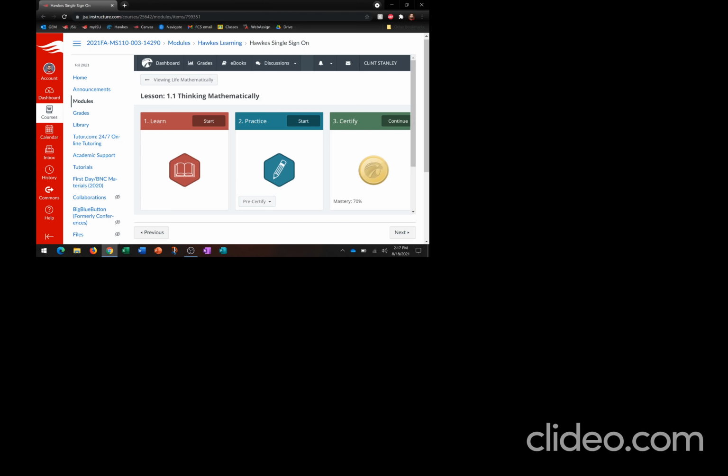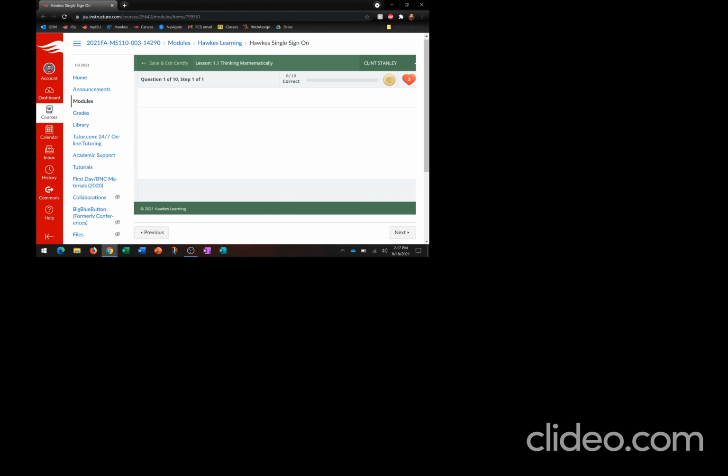So let's look at what certify looks like. It looks almost just like practice. Up at the top, you'll see a little heart with a 3 in there. This one's telling me I can still miss 3 questions and certify. If I miss 4 questions, I have to try certify again. Got 10 questions. If you miss more than 3, that means you're